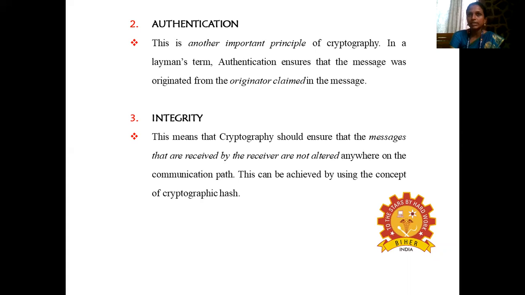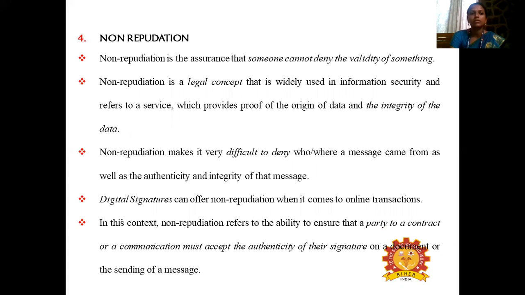Sometimes when we send data along our communication path, the data can be altered; some crosstalk will be there, some error will be added. So to avoid all these things, we have to maintain integrity. By using integrity, we protect the data from extra errors being added. Next, we come to non-repudiation.